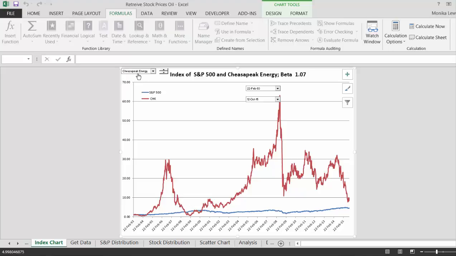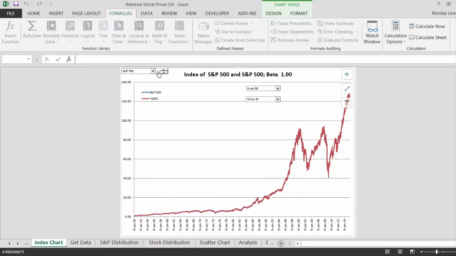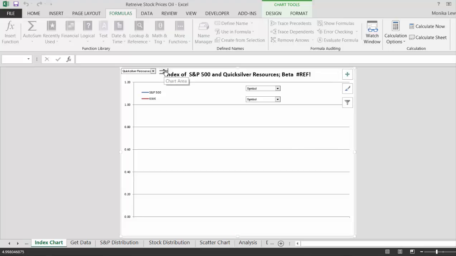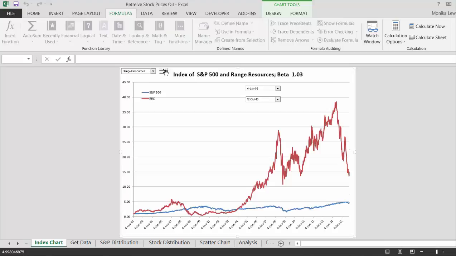we can start with the S&P 500. Around here, it has nothing else, so that's our basis for comparison. And then if you go up here, this one went bankrupt. This is one of the superstars of shale gas, Range Resources, and it's come way down.